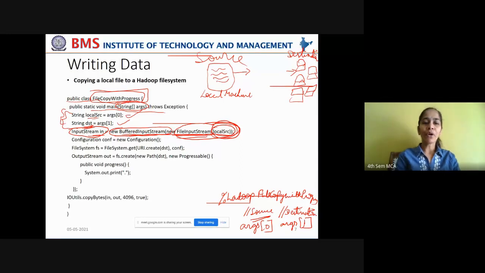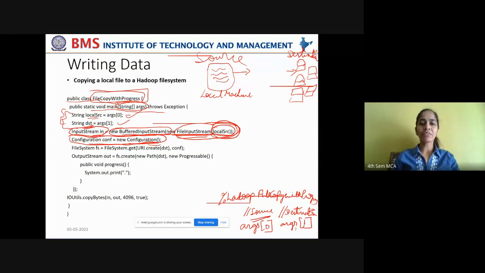Okay, and you always have to create this Configuration object, because this Configuration object will specify the client or server's configuration. So you have to create this Configuration object as a new instance of the Configuration class, right?